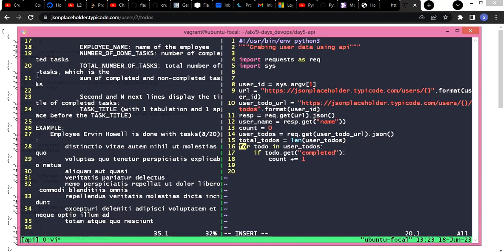Okay, so let's just say the format is employee Alvin Howell is done. So we'll now say print. Let's make this consistent. So employee, then we need to provide the name. I can actually do this using f-strings. Yeah, I just use f-strings, and then this is what the username becomes. Okay, the employee having is done with, sorry, this is with